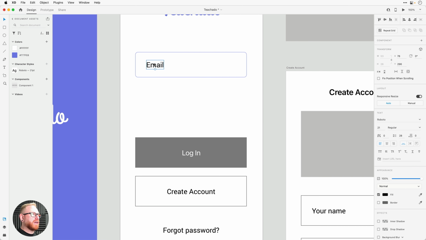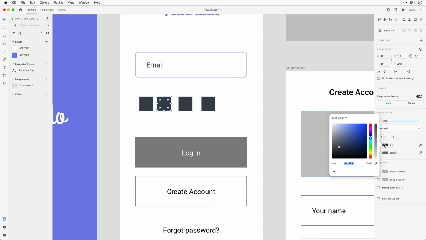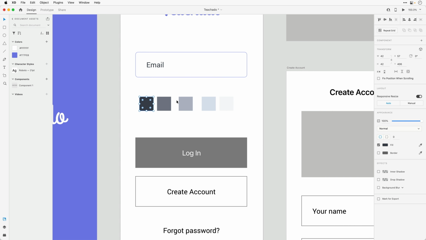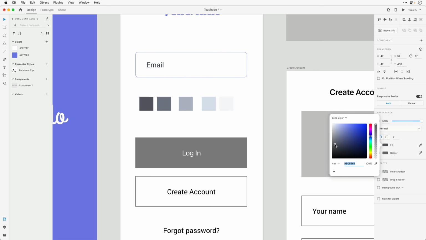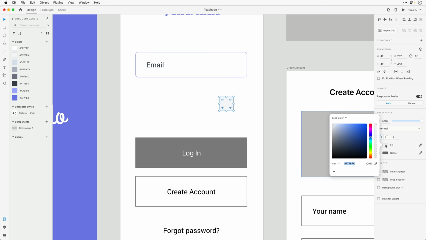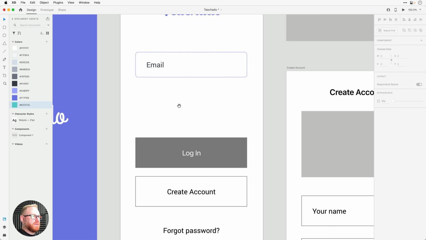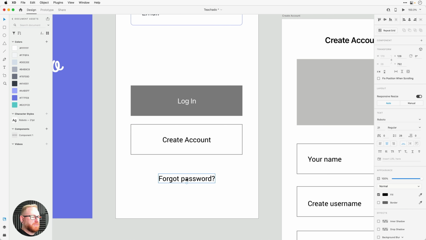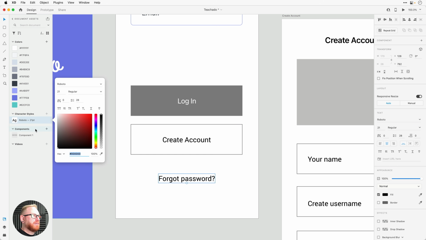In fact, I do have a bunch of colors, so it's probably worth me just taking a second to add these. Cool, and there we go. So we're pretty good now. I've got a few fonts as well, so I'm just going to quickly add these in. So we've got this one here that we've been working with. So let's go and change this here, and it will update across the entire document. So we'll go with 18 points for that,